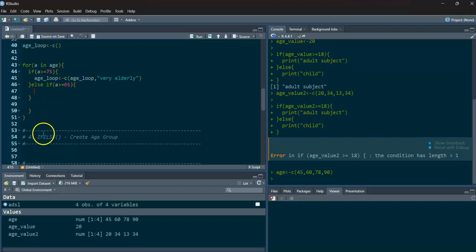Okay, this is for loop. Okay, this is for even one is extra. Okay, done. For that, I'm just copying this line and I'm just changing this from very elderly to elderly. Next,